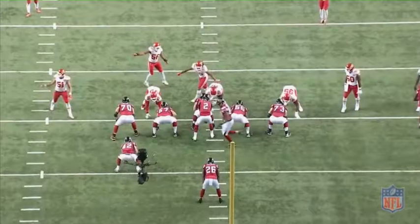Three factors upon analysis that I think are most important to the success of the play. And this is at any level, from the Falcons to Alabama to high school football. The first one is the center's ability to reach shades and two-eyes, even three techniques that are playing heavy or just penetrating,